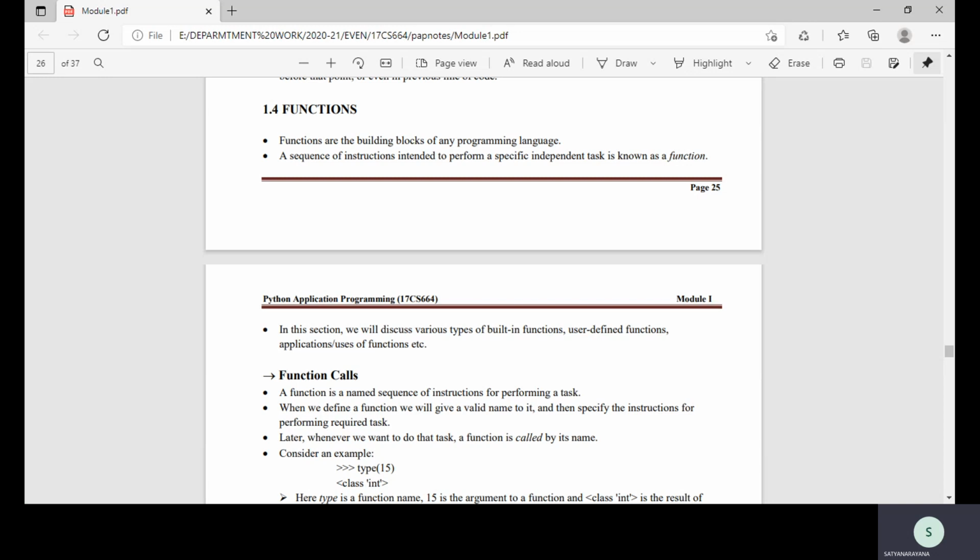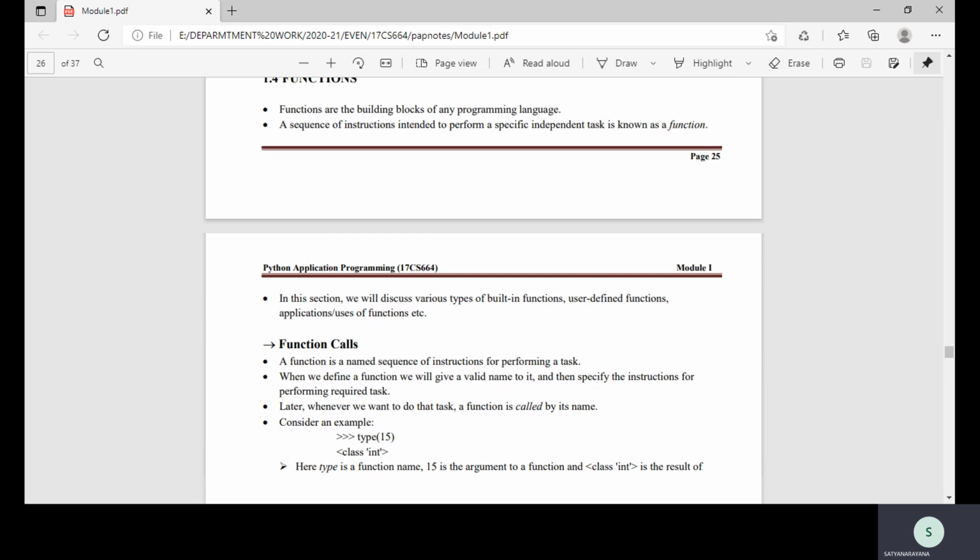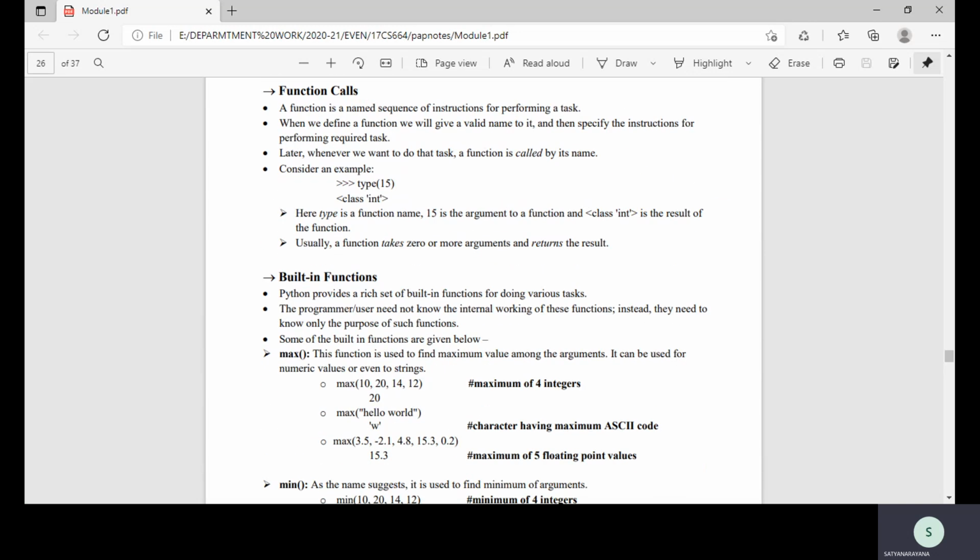In any programming language, there are two types of functions which we are going to use. One is called built-in functions. The second one is called user-defined functions. So what is a built-in function? Built-in functions are nothing but the functions which are already predefined in the programming language. So what is a user-defined function? As the name indicates, user-defined functions are nothing but the functions which the user is going to define. As I said a couple of minutes before, add(a, b) is a user-defined function.